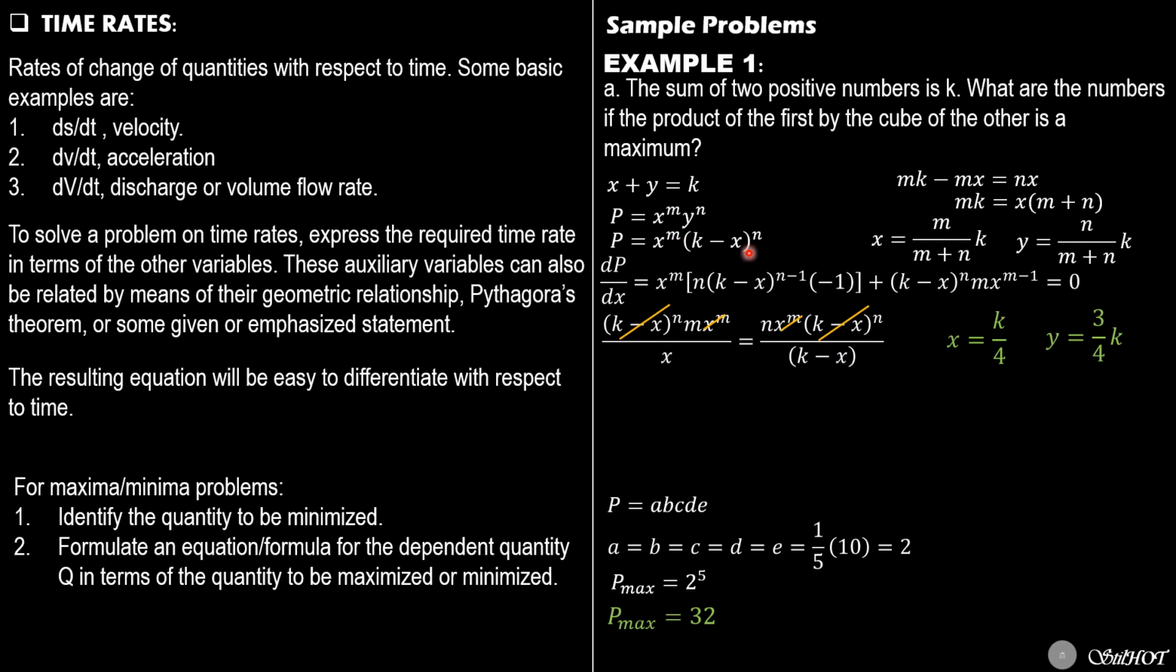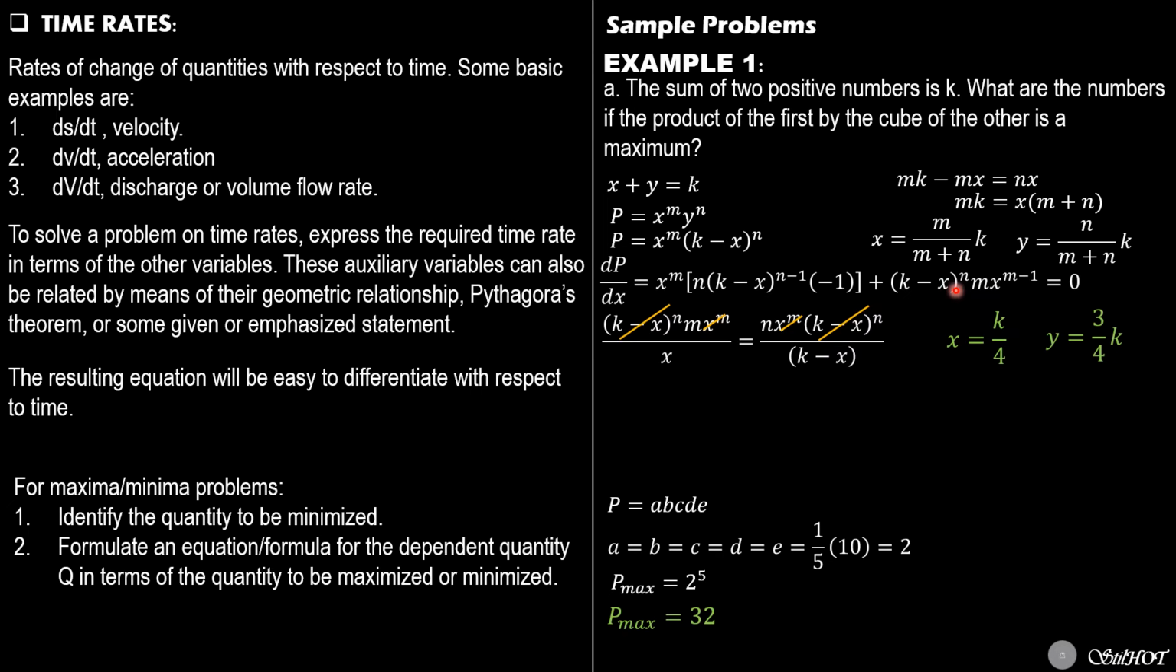Then plus second, quantity k minus x to the n, times the derivative of the first, which is m x to the m minus 1. Of course, the derivative of x is 1. So then equate to 0 because this is a maxima-minima problem. Then transpose this first term, which is negative, to the right to become positive. And rewrite this as